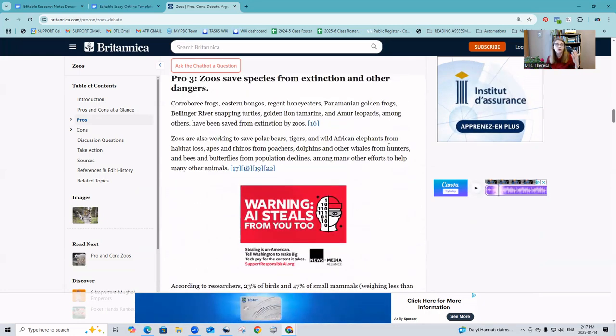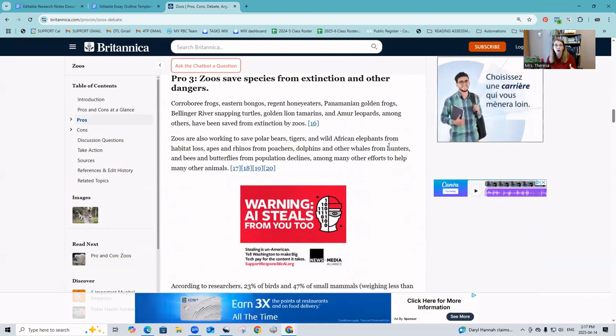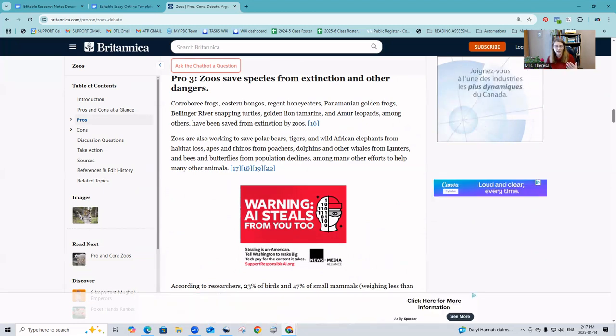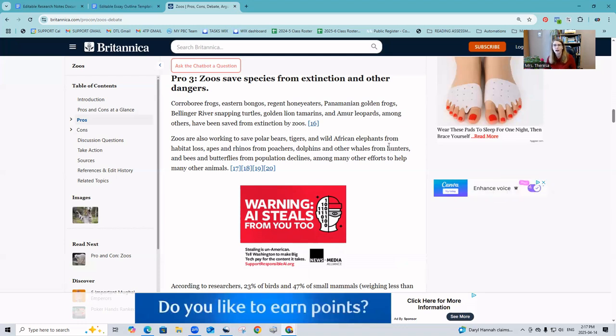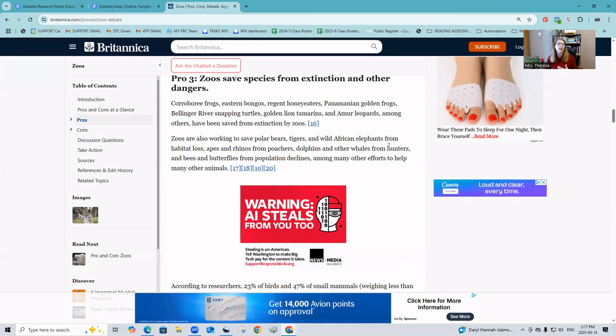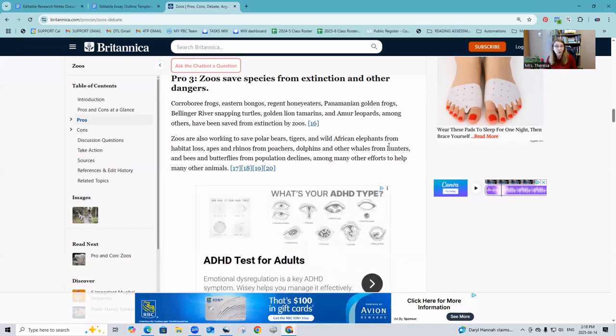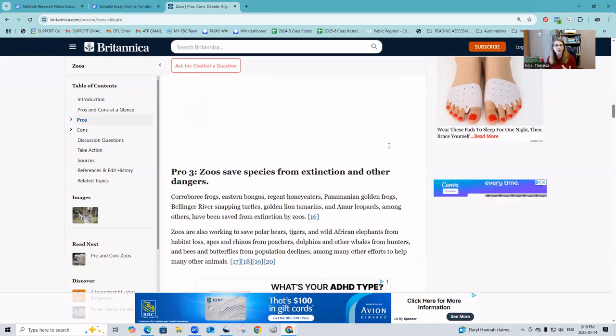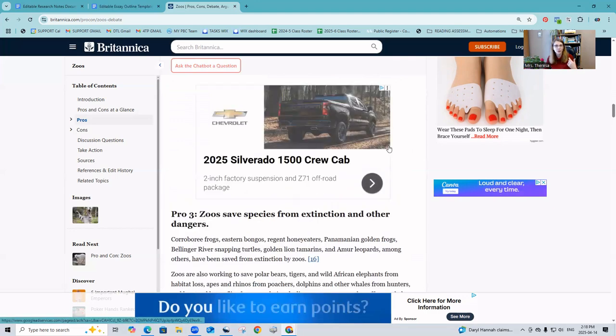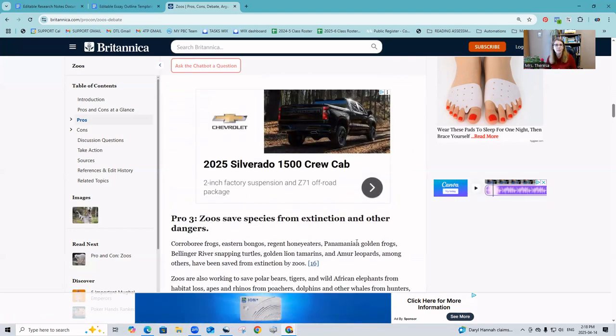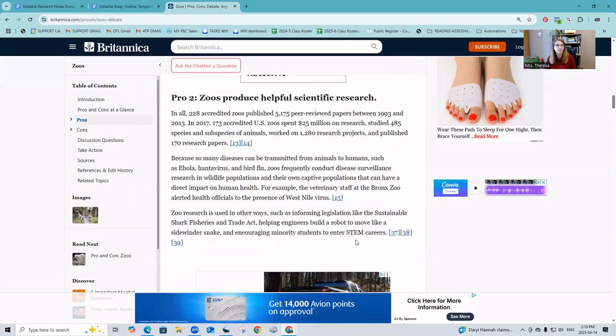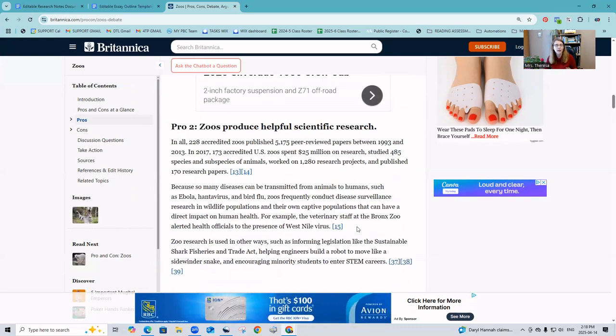And what you don't want is every paragraph to be a rebuttal. That isn't very nice to read. It's a very difficult read, especially if you disagree. It just feels very pushy and argumentative. And even though this is an argumentative or a persuasive essay, we don't want to alienate our readers, right? We don't want to put them down. We don't want to slam them. We don't want to make it look like we think that they're just unintelligent. So here we have the pros and the cons.